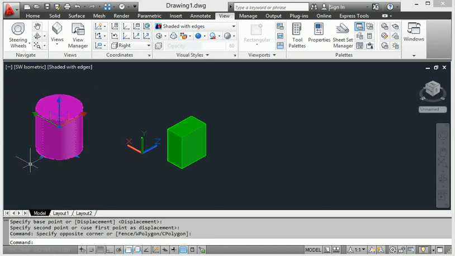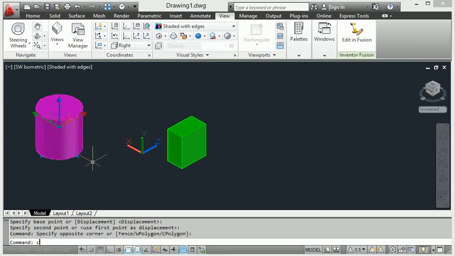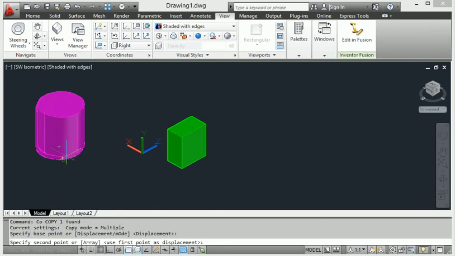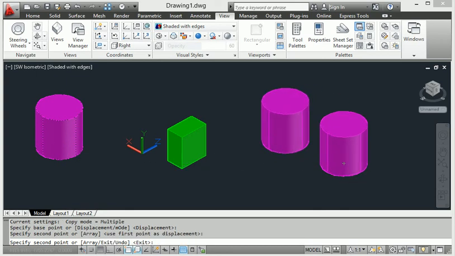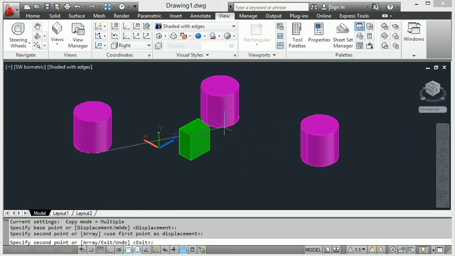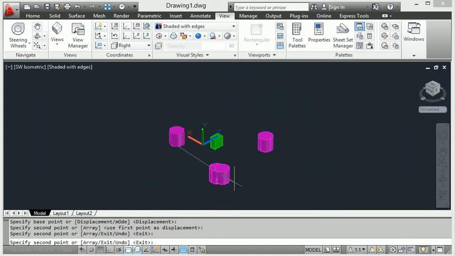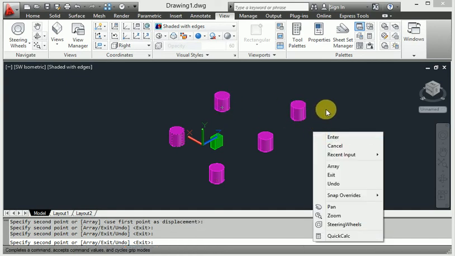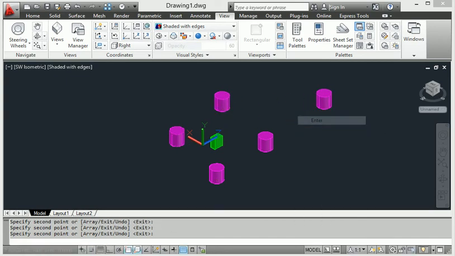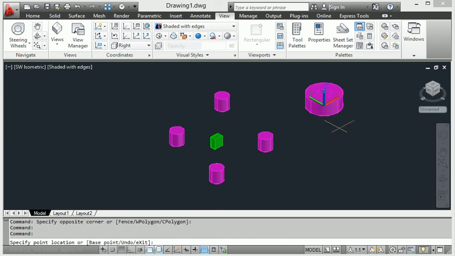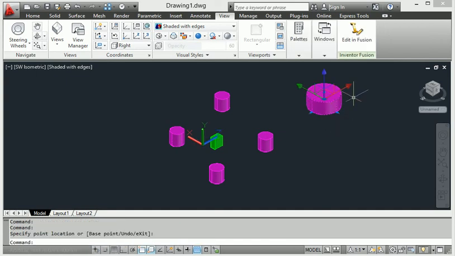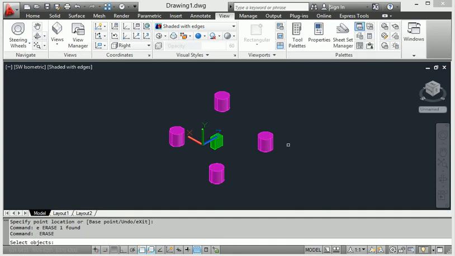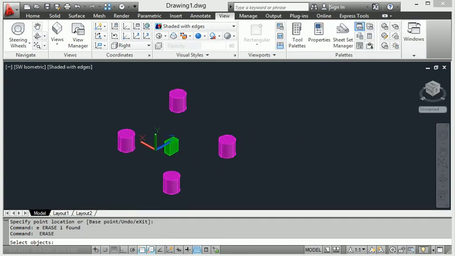Whatever position you want, it moves easily. When I copy, the same body is copied in a different position. So it is a very easy form to copy and delete any body here.